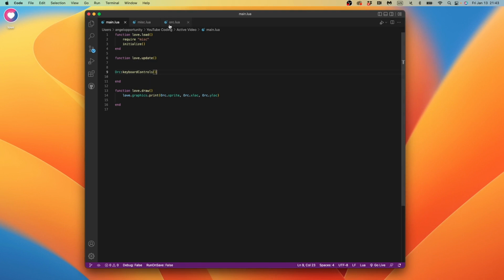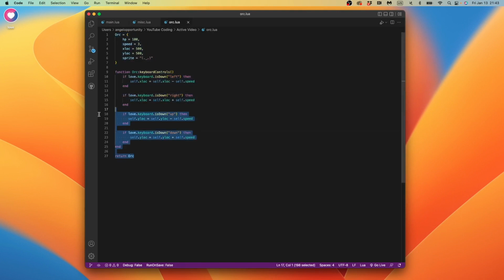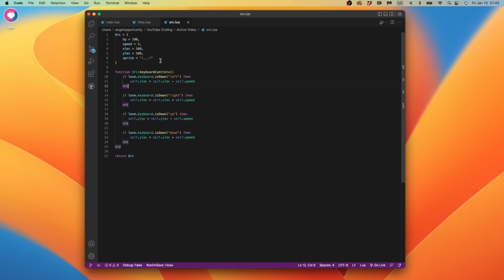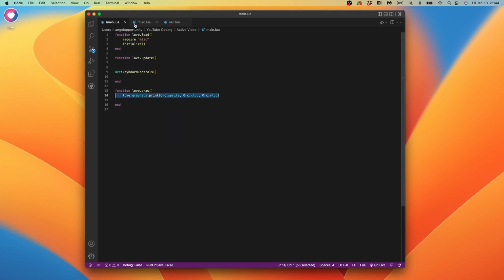Whether or not you've fully grasped the syntax of this and the self thing, we're going to be doing a lot more of that. It should become more clear as we get going. The main thing to understand right now is that we've made an orc object in initialize, and our orc object can now do things like have keyboard controls or attack. The next thing I want to do is get rid of this kind of stuff. So we're going to